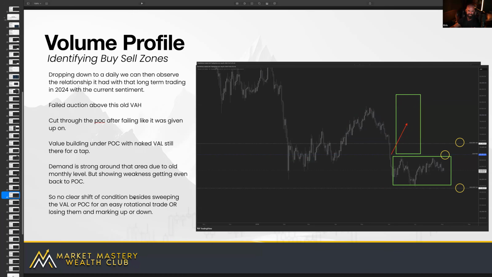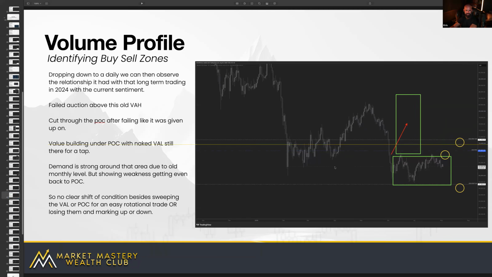So no clear shift in condition besides sweeping the VAL or POC for an easy rotation trade, or losing them and marking up or down. Okay, so again, we lose them, we mark down; we claim them, we mark up; or we get a rejection through the point of control; or we just stay rotational inside of it. So it's just a matter of whether you need to look at these things. And if you were conservative,